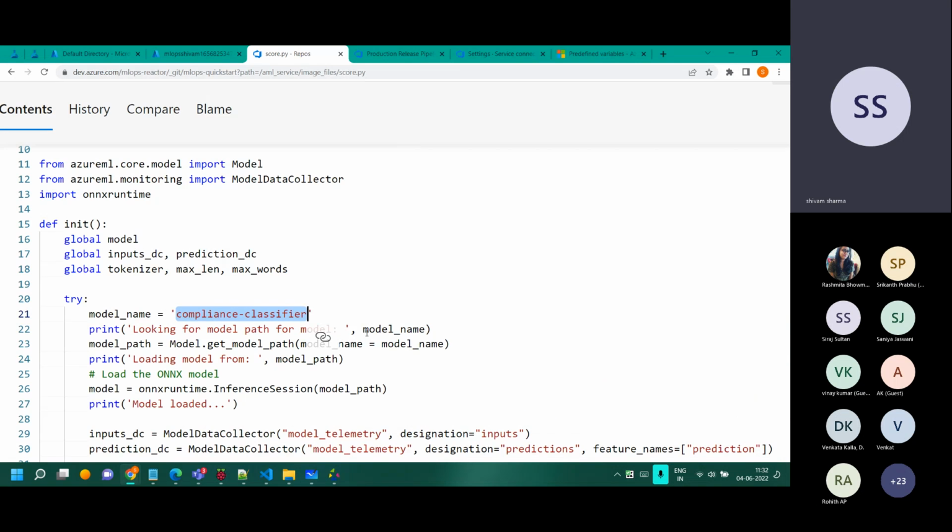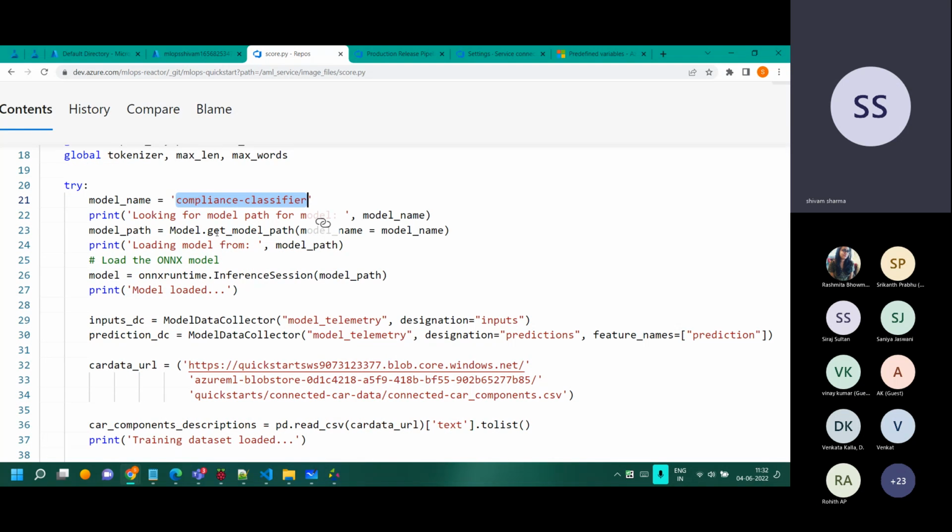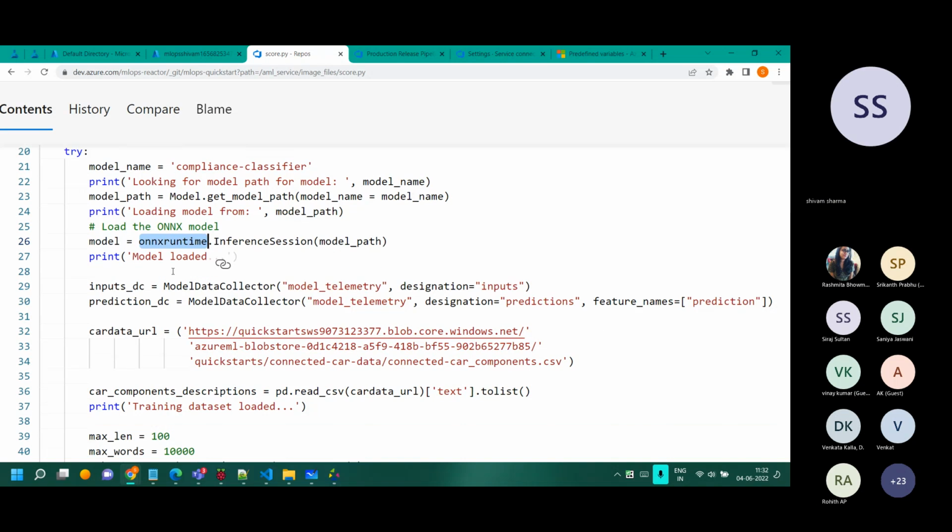It will search by that name, because you don't have to hard code it. You can pass the parameters. So get the model path from it. This model is part of the Azure machine learning core as such. So it will get the model path, and we are using Open Neural Network Exchange, so there's a runtime for that.